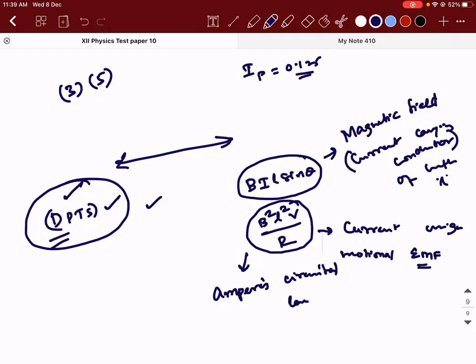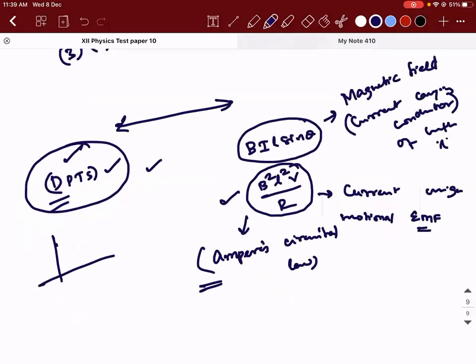You would have seen there, if I'm not wrong, an example problem where you will have the graph and all those things. There, this formula comes. It is simple only. It is just a simple conversion. B into L into EMF is how much? BLV, divided by R. Where did you get this BLV from? It is from the motional EMF. That point you will use it. Both are the same only. The logic is the same.